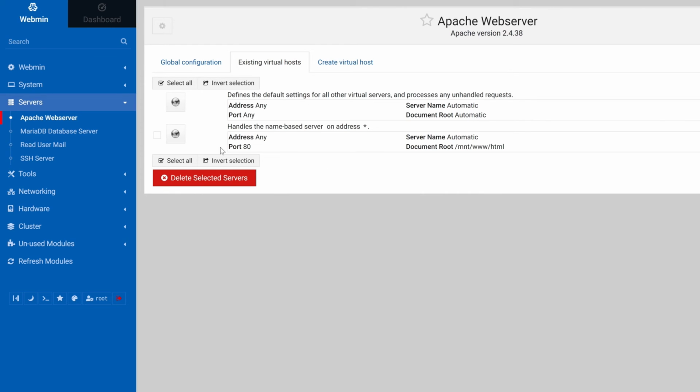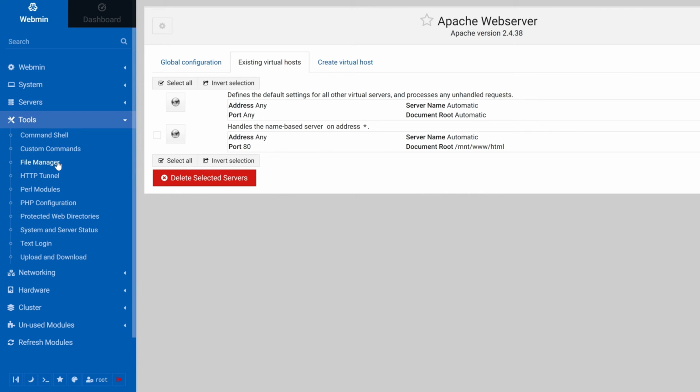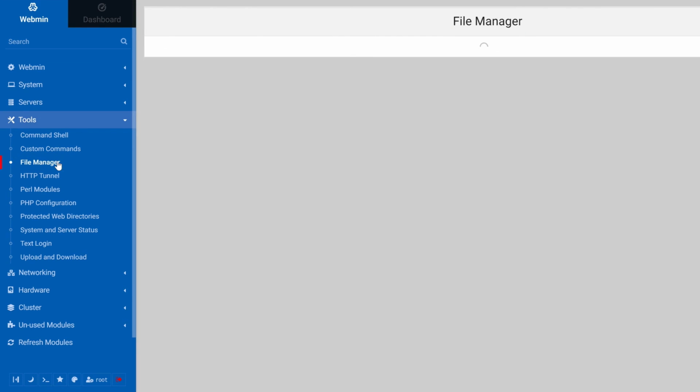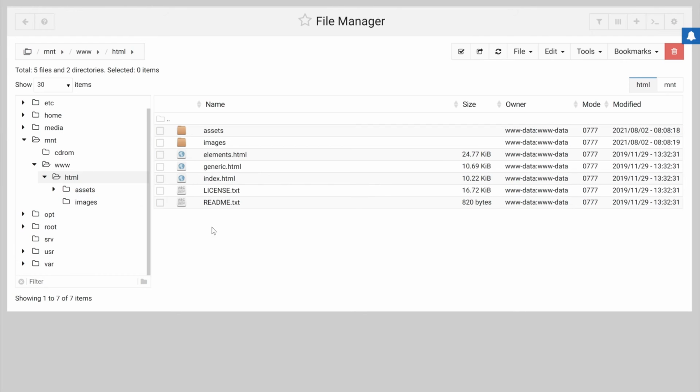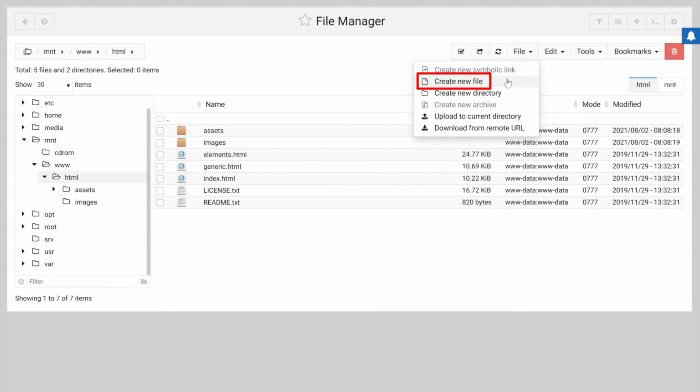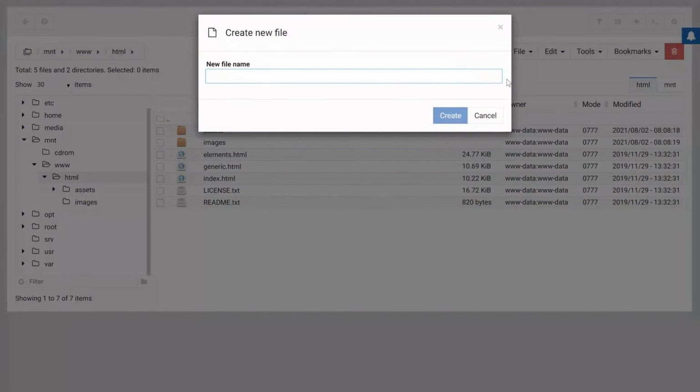Now let's make sure PHP is working. Go to the Tools section. Select File Manager. Navigate to the Apache document root. In earlier videos, we moved it to a server, which put it under the MNT directory. In the HTML folder, create a new file. Name it